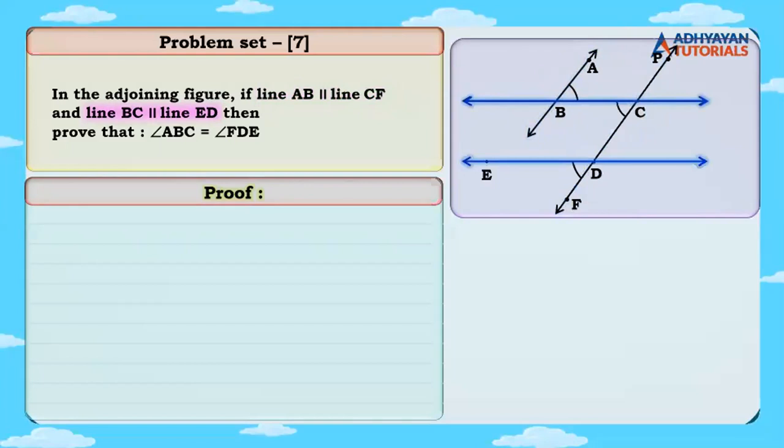Achha, the next part, it says line BC is parallel to line ED. Here, children, the transversal has to be PF, right? अच्छा, I hope आप सबको ये alphabet दिखाई दे रहा है, right here, F. See, it starts from here like this, goes like this, and here. F दिखाई दिया सबको? So these two angles, they are what type of angles? They form corresponding angles. So if the lines are parallel, the corresponding angles are congruent. मतलब angle C will be congruent to angle D.